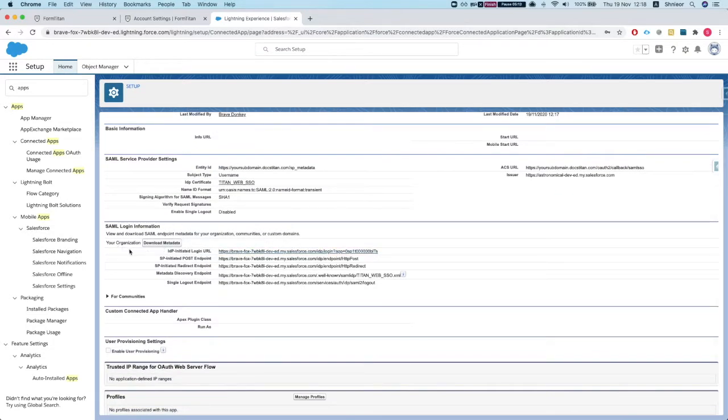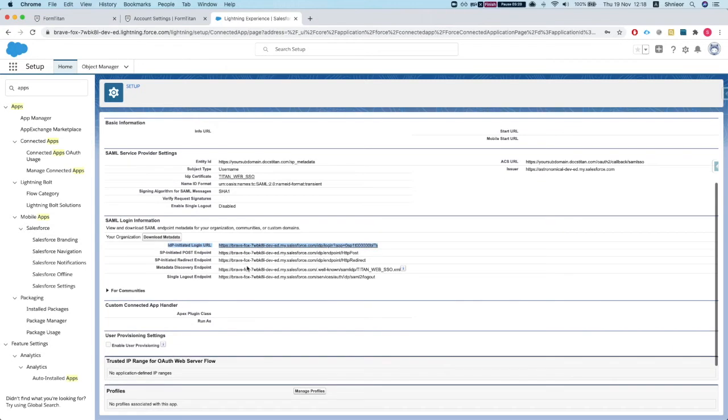We see we have SAML login information. This is something we will need in order to configure Titan with it. So you have two things here, and if you have multiple communities, you will see more as well. Let's just take a look. This is your regular organization settings. So if you want your SSO users to be standard users in Salesforce, these are the parameters you will need to take. So IDP initiated URL, you take this and you configure Titan to look at this URL